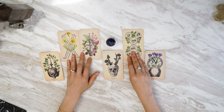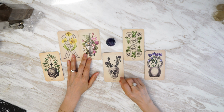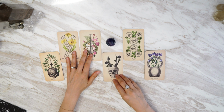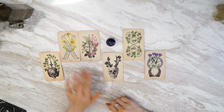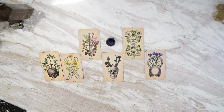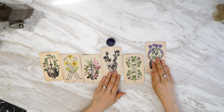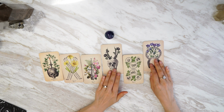Talk about ascending to the next plane when it comes to material, tangible things, especially with the Devil sandwiched here in the middle. So it's the birth of something new here. This is a new opportunity that's going to be flying out to you. It has either good pay, or if you are a person that's signing contracts this month, it's going to be very, very favorable. You just have to be a little bit careful that these people aren't perhaps hiding something or